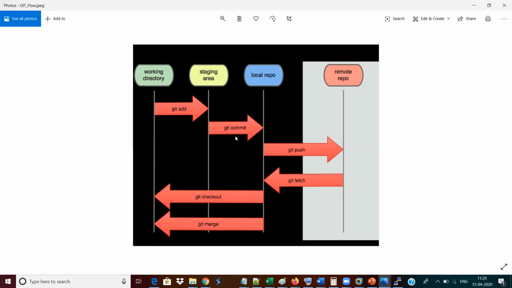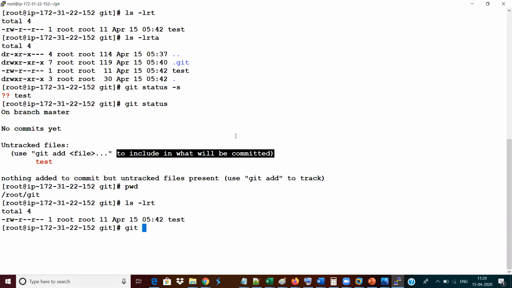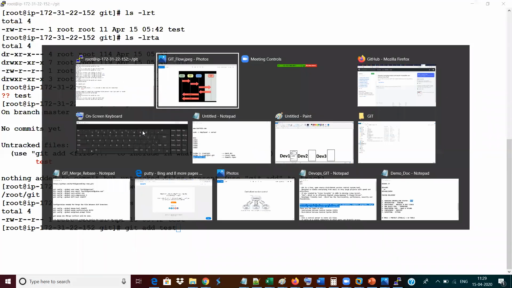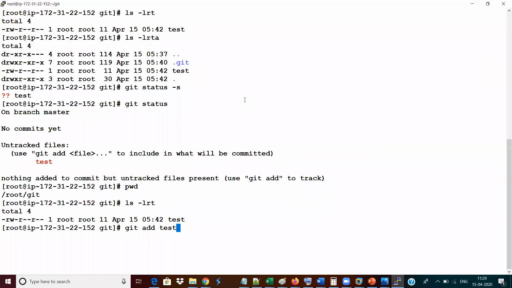Right. So now I think I have done with my working directory to the staging area. I need to issue a command called git add. Check out, guys, how I am using git add from this particular current folder, because only there my file is available. So from there, I need to issue git add with the file name. What is your file name? Test. So give git add test. Once you give git add test, it will add your data into your staging area. So now let me give a git add test. Once I have done that, your data has been added into your .git folder.